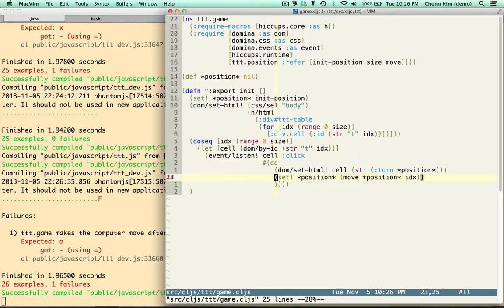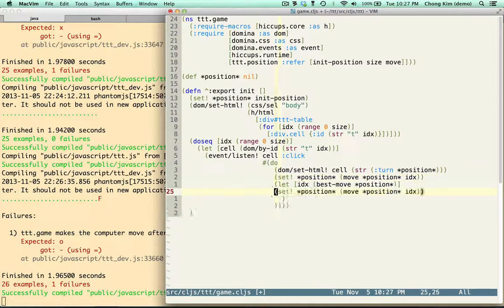So here I am going to do computer move, and the computer moves by calling the best move. So let the index be the best move given the position. And so I'm going to do 2 things with it. One is update the position. Okay, so that makes a move. The second thing I'm going to do is mark the position. So this marks,